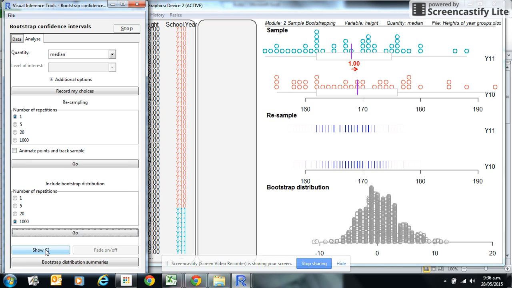If we then put on our confidence interval and let that do its thing, we get this confidence interval of -5 to 7.5. That means that we can be 95% confident that the difference of the medians in the population is between -5 and 7.5. Now, because this difference spans the zero, we can't make the call,